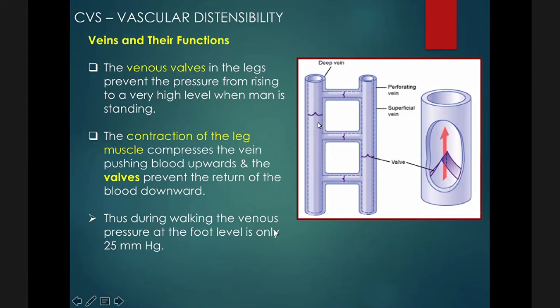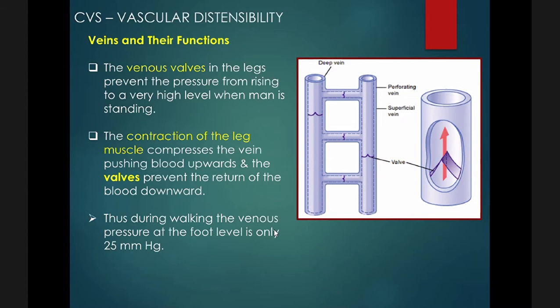Dito na naman. So, ang delivery ng blood is paakyat lang siya ng paakyat until it reaches the right atrium. So, the contraction of the muscles helps the blood to be pumped back into the right atrium in the veins. So, if there will be an incompetent valve, so walking